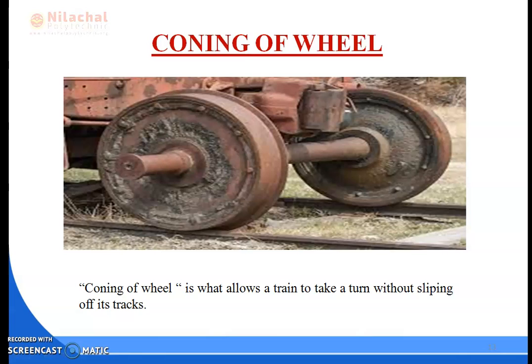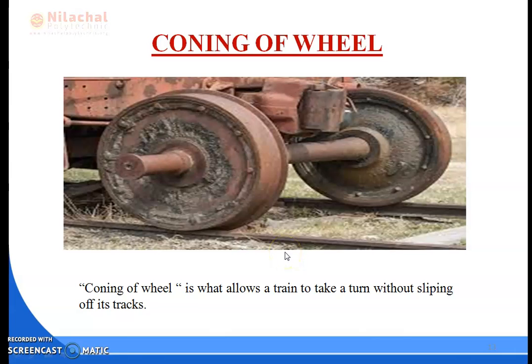Normally the flange of the wheel is never made flat, because it is always made in a cone shape. The inner side is larger than the outer side, and the slope provided is basically 1 in 20. When the wheels are moving on the track, there is a chance of lateral movement, and without coning it will cause a sudden impact on the side of the rail. If coning is not provided in the wheel, then the load of the train will impact the rail.